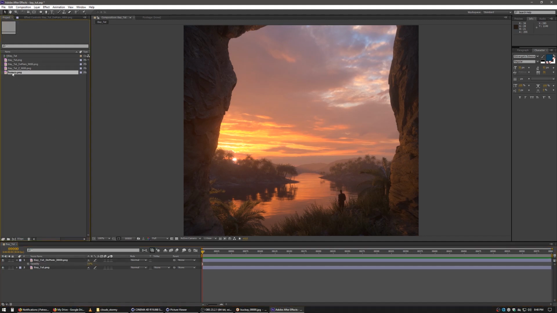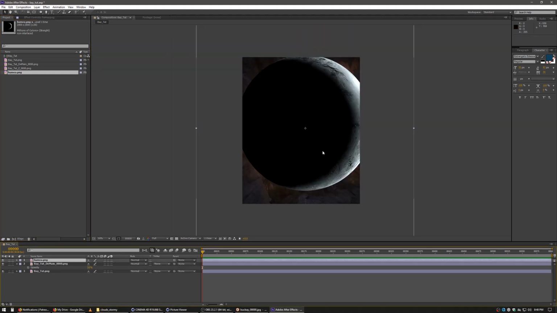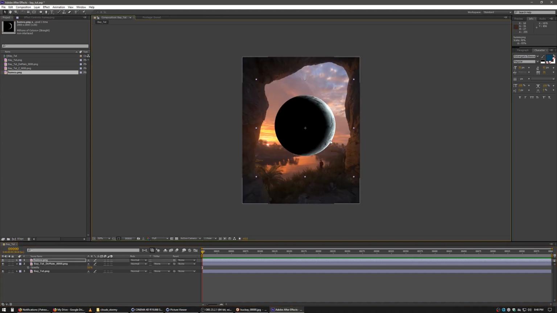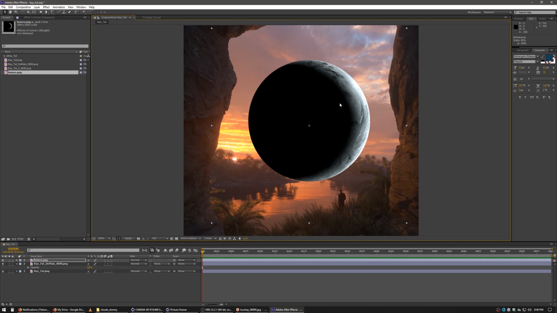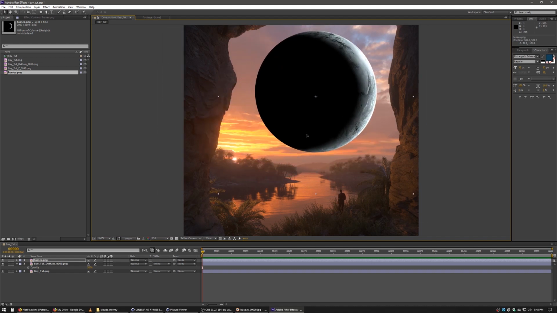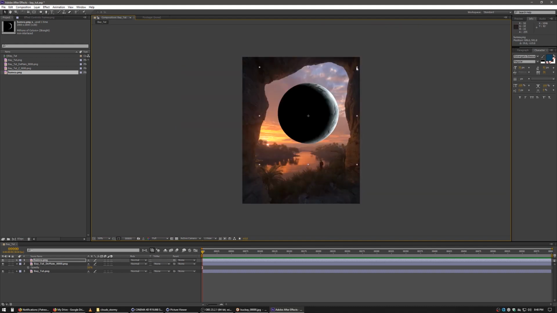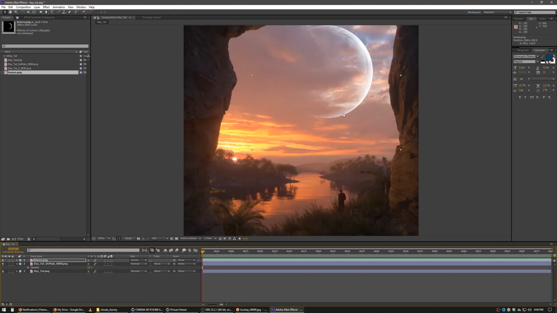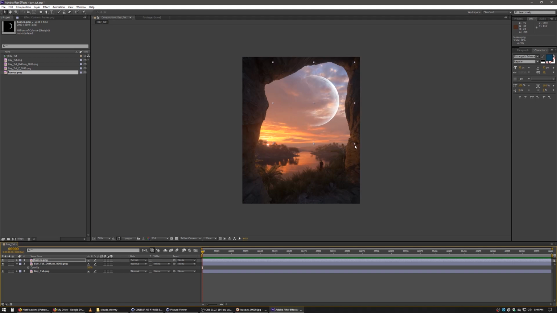And here's our planet. If you watched my other tutorial, it shows you where you can find these planet image textures. And this is just a sphere that I lit in Cinema and rendered out so that I can use it in my compositions. So I've got it right here. What I want to do is set this to screen and maybe scale it up some,